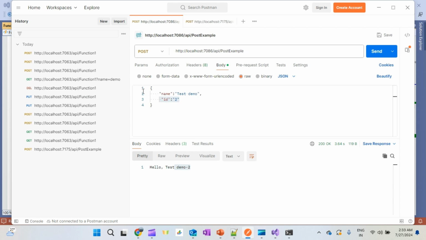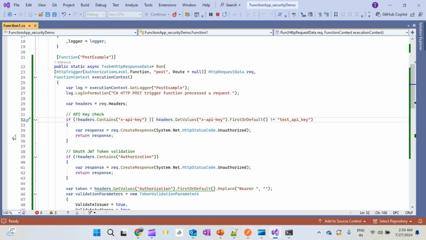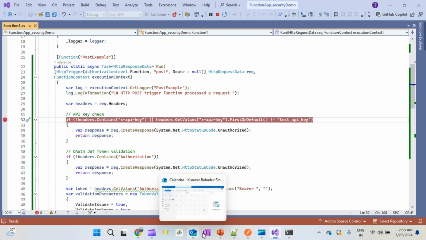this name and test, that is fine. Okay, and then when we are sending, if you see the header, it does not contain any API key. Also the query string does not contain any API key. So if I send this request and put a breakpoint here, you will be able to see that once the request comes here,